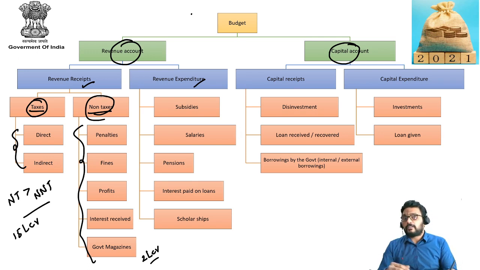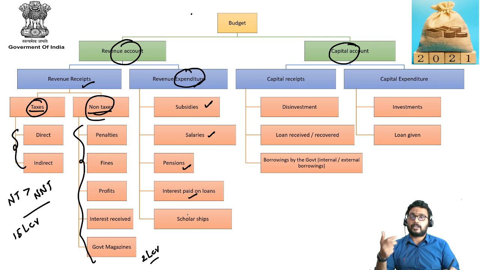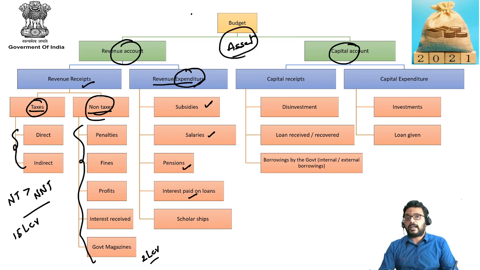And when we are talking about the expenditure part of the government, what the government has been spending, you consider subsidies, salaries, pensions, interest paid on the loans. For example, the government has taken a loan and it is going to pay interest on those loans. That is part of the government's expenditures and will be considered as part of the revenue expenditures. The main important term which you have to remember here is assets. If you have a role of assets, then you have to keep that asset part as part of the capital receipts or the capital